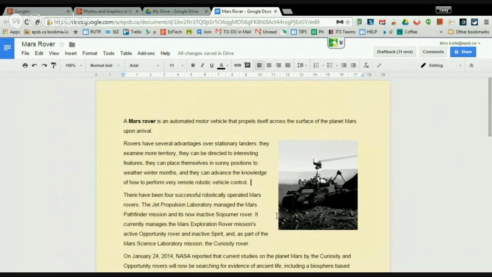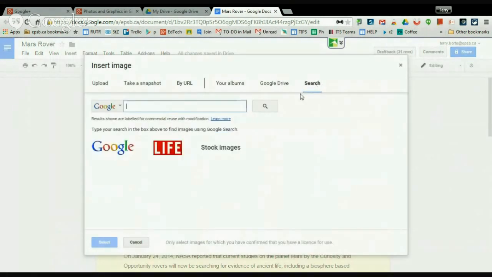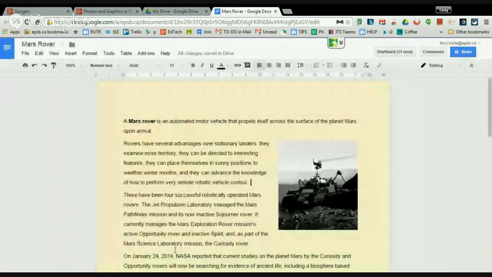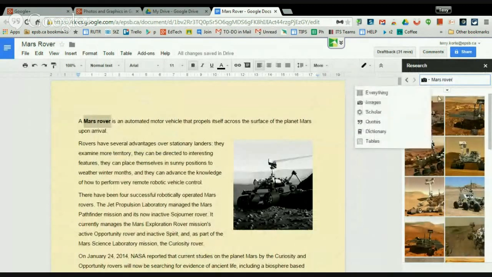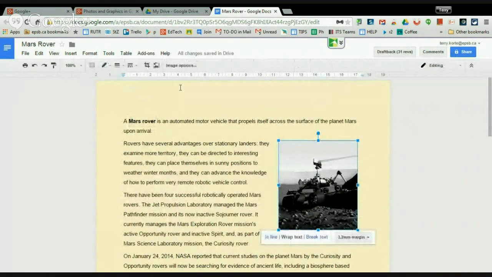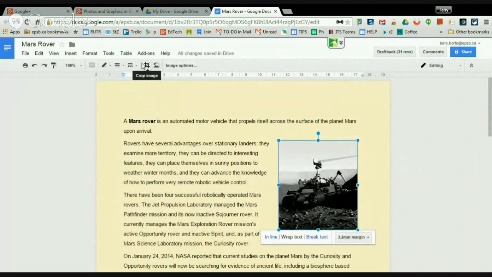So the tools I used so far in this first 5 minutes or so was insert image, and then from there I used the search tool over here and one of those 3 sections. The second thing I was demonstrating was selecting some text, going to tools, research. Again, I changed this to show me just images, and then I can drag and drop images from here right into the document. And once I drop them in, and I've got that picture selected, I'm going to get some special tools up here. You notice when I'm off the picture, those tools don't appear on the toolbar along the top. When I click on it, I've got some extra tools up here,